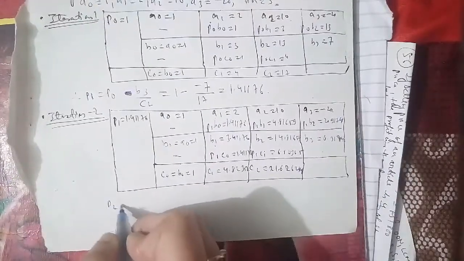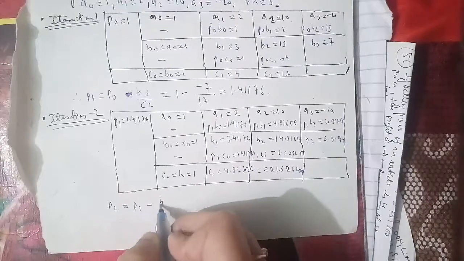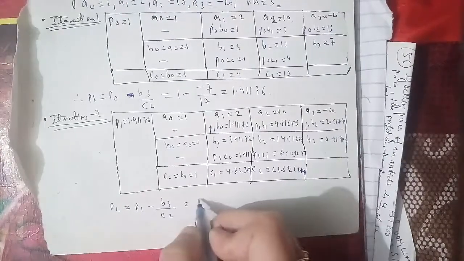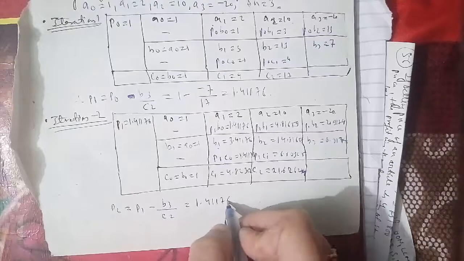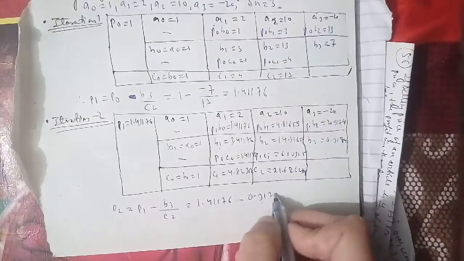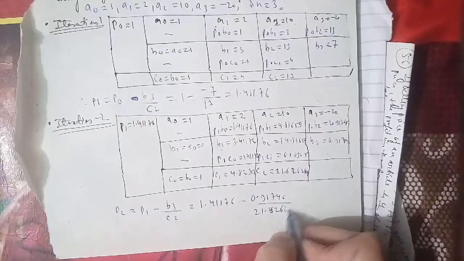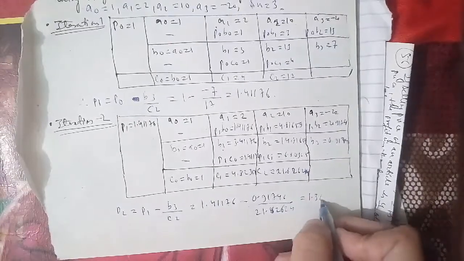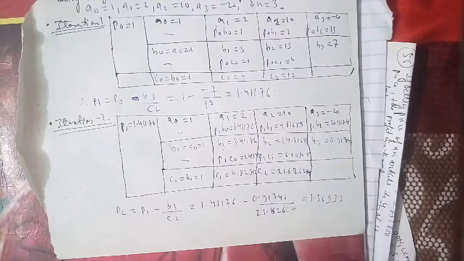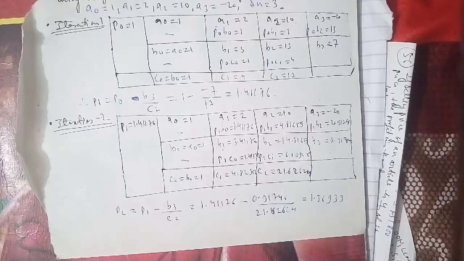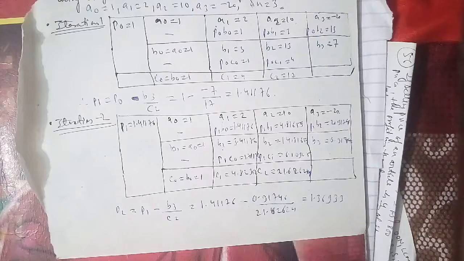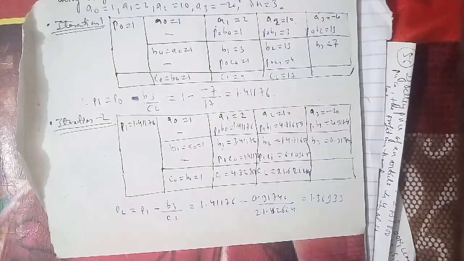For p2 equals p1 minus b3 upon c2, which is 1.41176 minus 0.91746 upon 21.62624, which equals 1.36933. Thus the approximate root at the end of the second iteration, x2, is equal to p2, which is 1.36933, and f(1.36933) is equal to